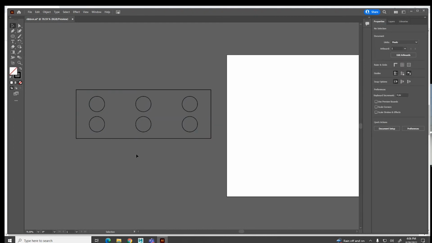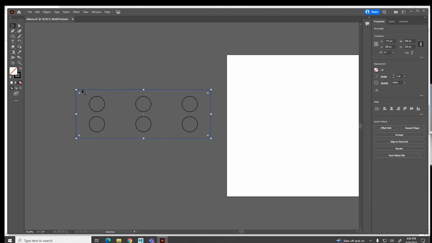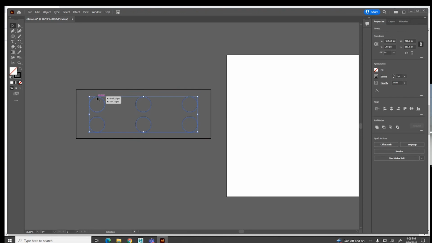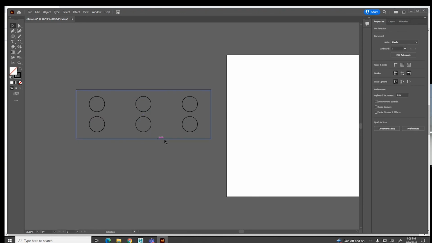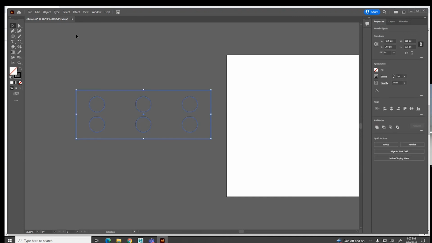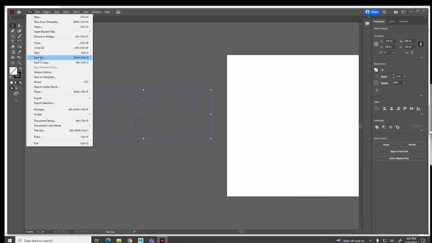Okay, so essentially that's a Lego block. Maybe it needs to be a little bit updated. And is it too stretched out? I don't know. The point is that we have this shape, which is the block, and they have these things, which are the nubs. But nothing is cutting out of anything here. So what I can do is just take this and save as